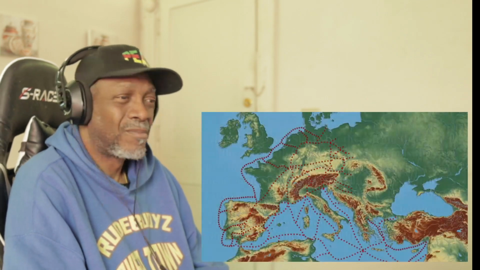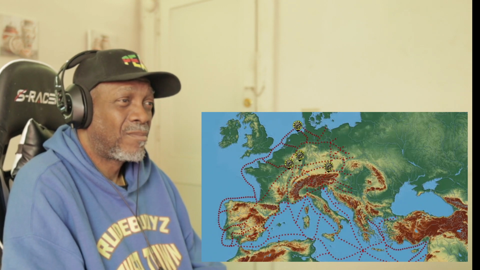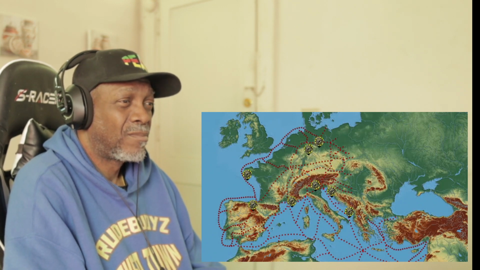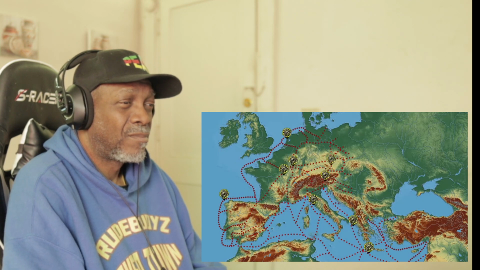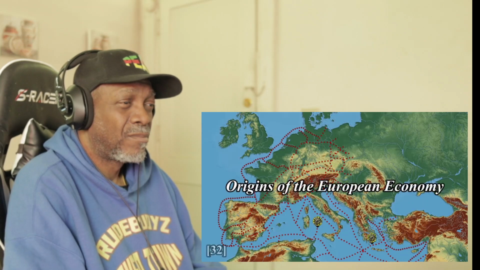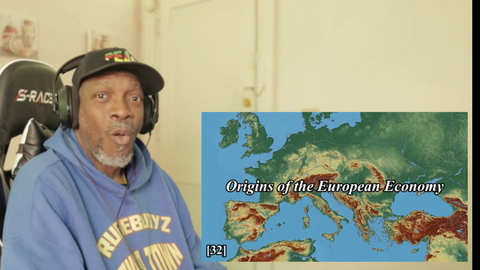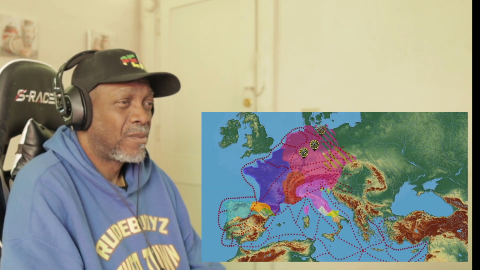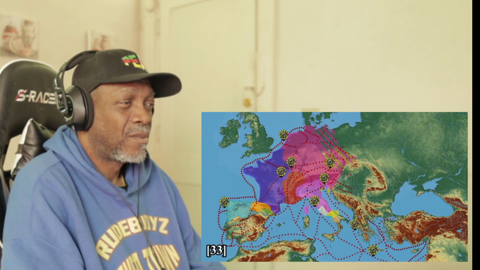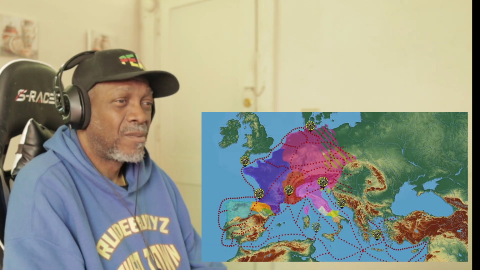The volume of primarily Slavic slaves, but not just, being traded through Western Europe to the primarily Muslim, but also the Byzantine worlds, was so large that according to Michael McCormick, this trade was the origin of the European economy. Well, more precisely, the origin of the Western European economy. McCormick argues that the export of slaves played a primary, but not exclusive, role in securing the privileged economic position of Western Europe going into the late Middle Ages and beyond.